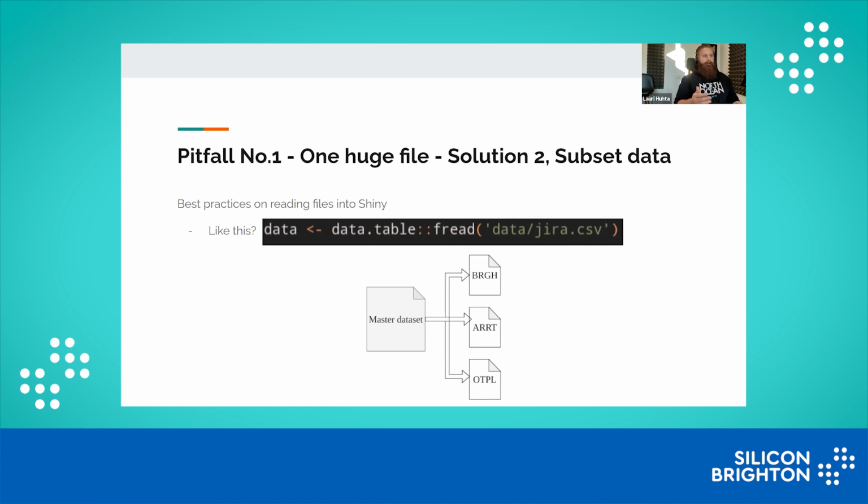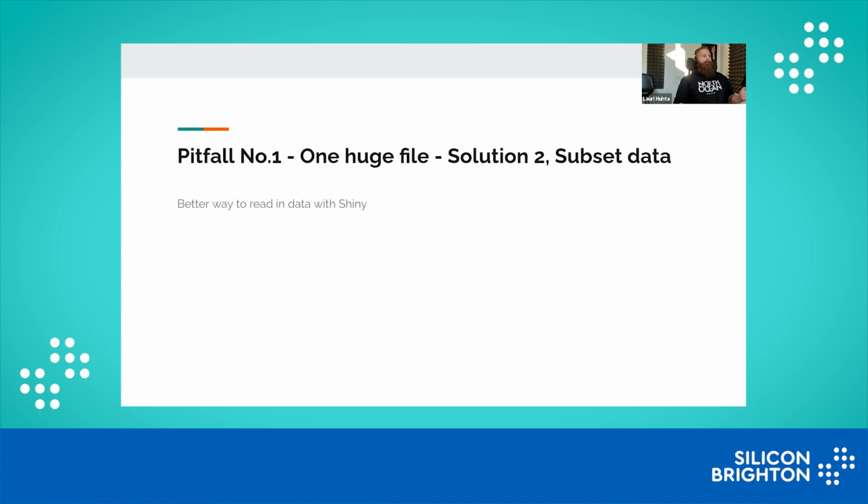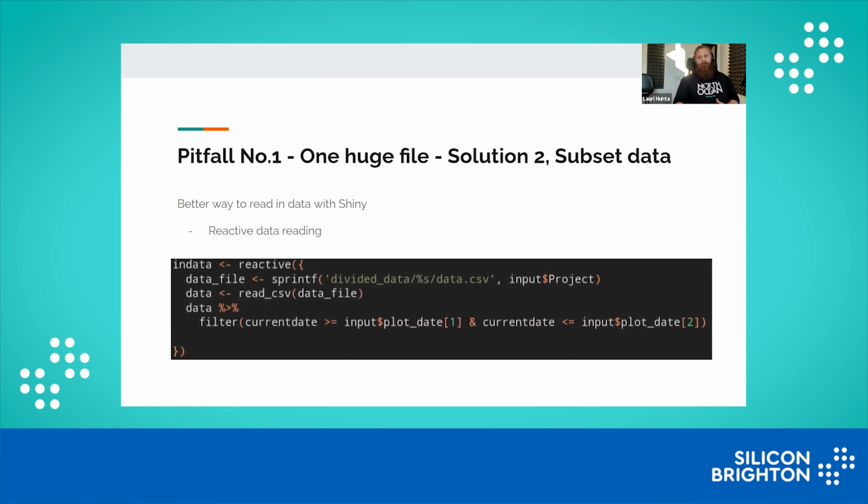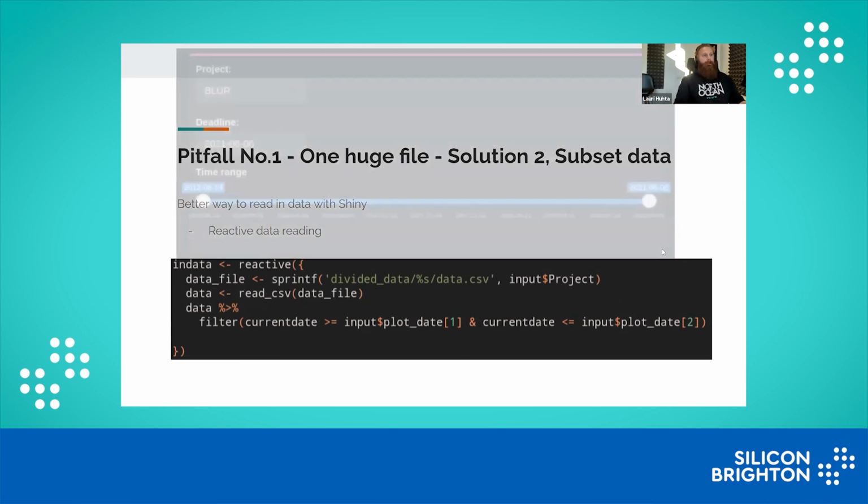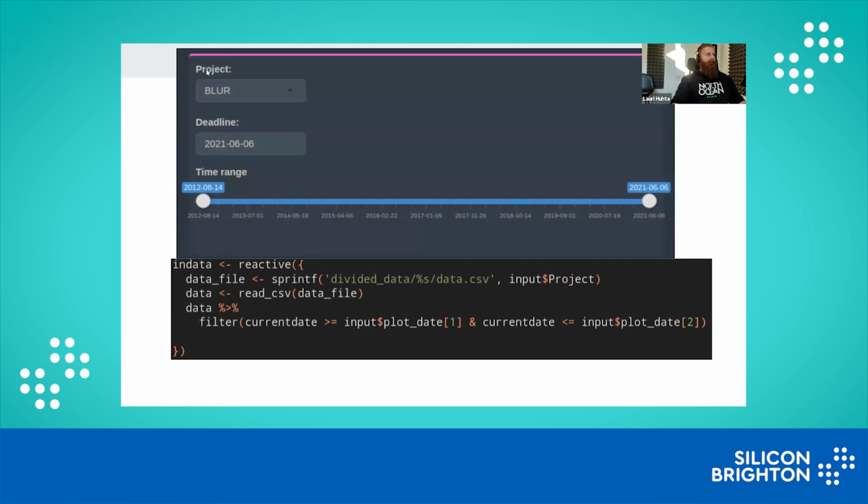So I split the files into smaller files, and a better way in Shiny to read the data is to use reactive data reading. How that looks is that on the server side, you create a function that takes something from the UI. Here we are using this project drop-down box, and only after that do we get the input for this reactive reader, and then we read the data set that only has the data